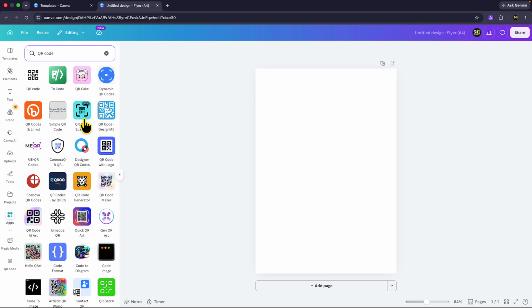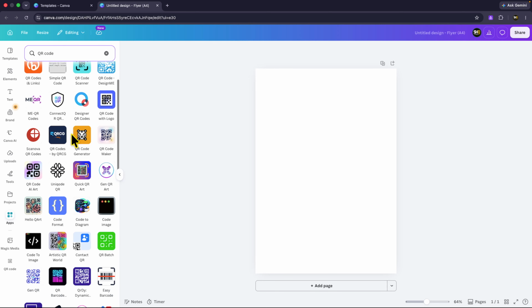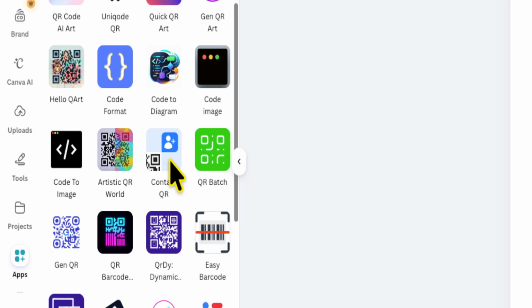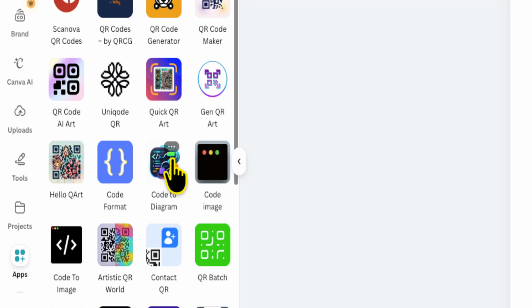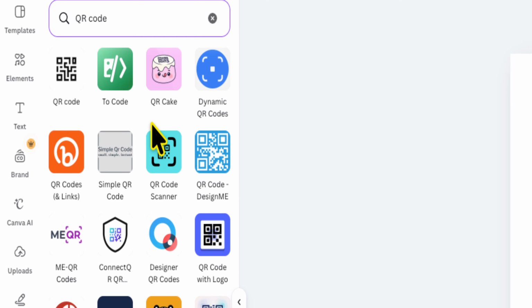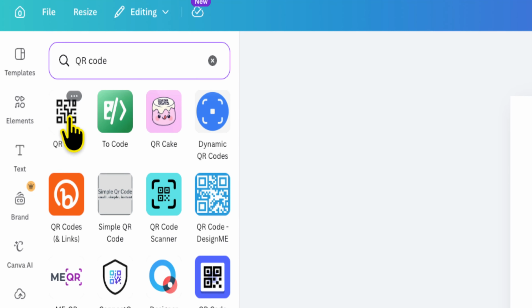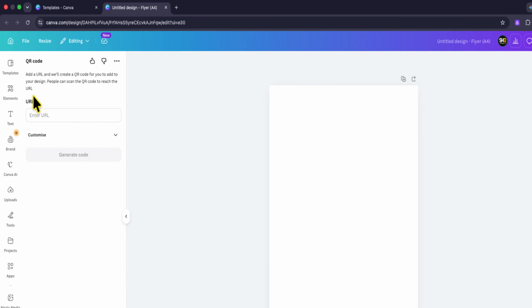So once you've typed that in, you'll see a long list of QR code apps that you can use to create your QR code. So we're just going to use a simple one called QR code. So we're going to click on it,